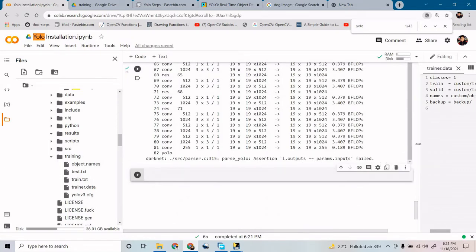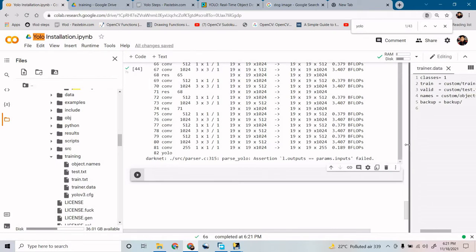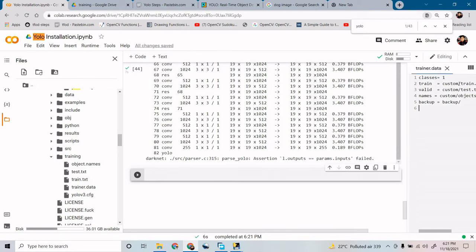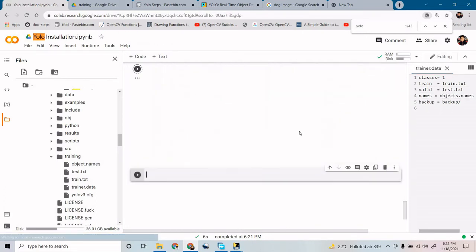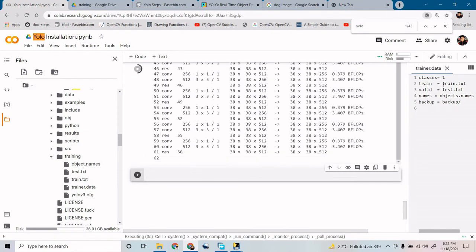Why? And now this is your work. Now I will create one more thing. You can see inside your trainer.data you have a txt file. Just remove this, and you have objects.names as well. You can try to save this and try to execute this. That is totally fine. Or you can do one more thing, inside your training you can try to pass.